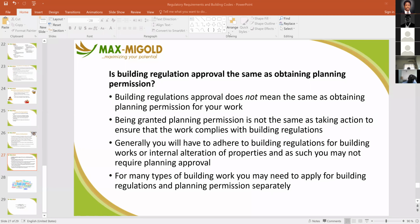For many types of building work, you may need to apply for building regulation approval and building planning permission separately. It is very important. Those two things must happen. That's why you have LASBCA and you have